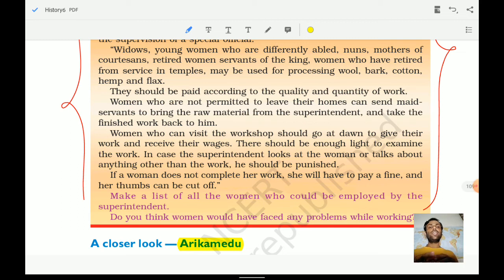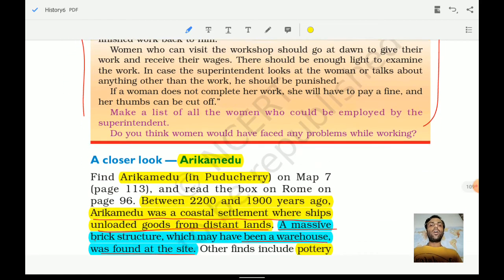So these were the elaborate rules which have been provided in the Arthashastra, right? So remember this. Not the entire story is important, but what type of rules were there, and how the women were protected when they were working. So this becomes important, only these things. Now it is talking about the